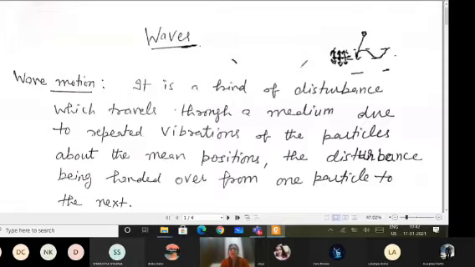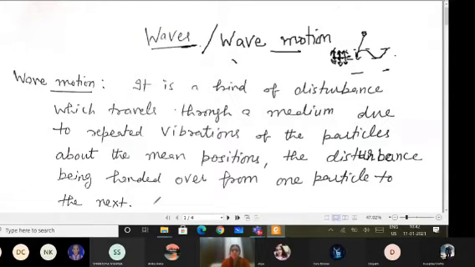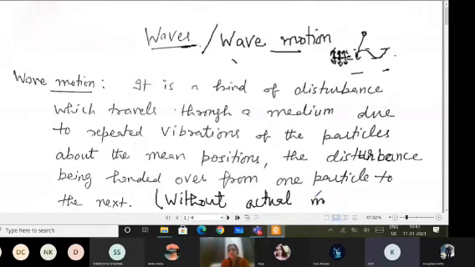So if I say wave or wave motion, the meaning is the same. It is simply a kind of disturbance in which the particles are vibrating about their mean positions, and as a result, the disturbance is handed over from one particle to another without the actual movement of particles. You can note this thing, that particles are not leaving their positions. They are simply vibrating